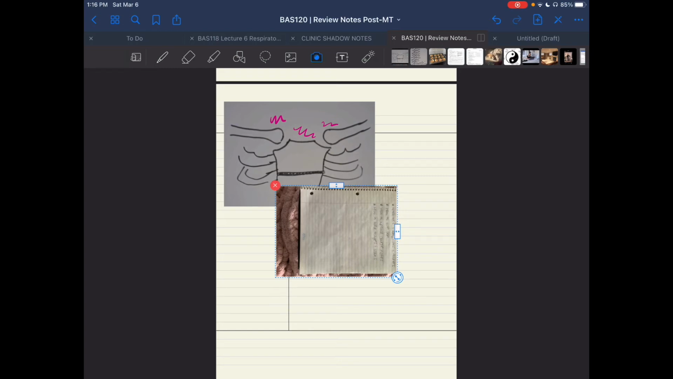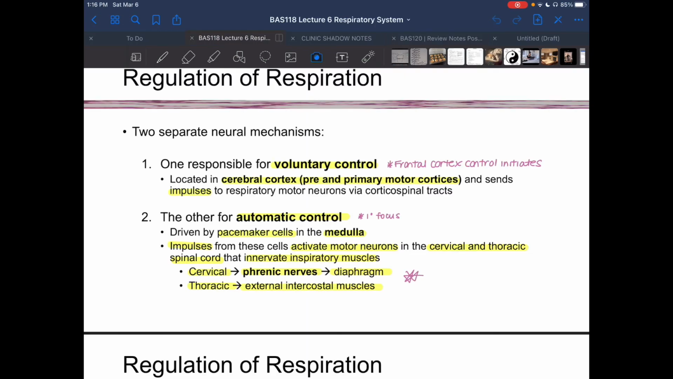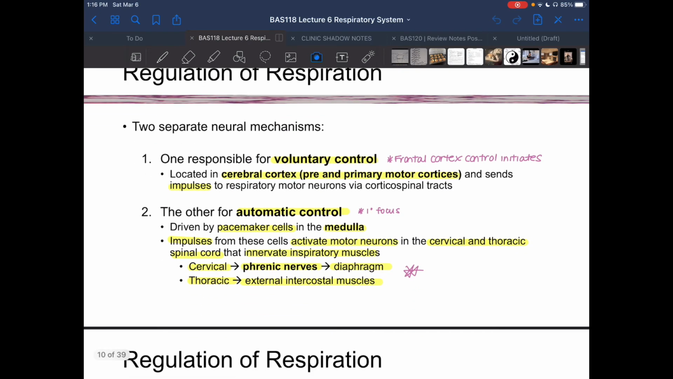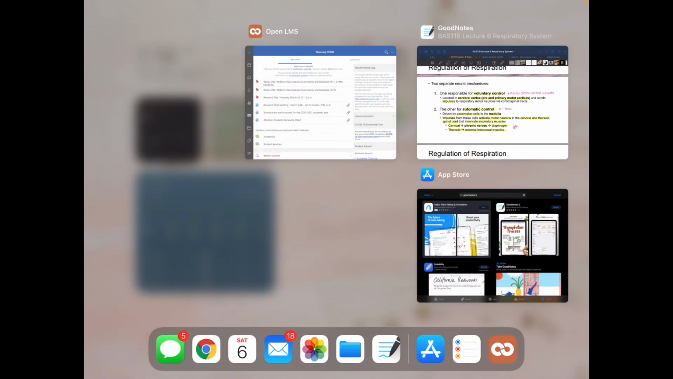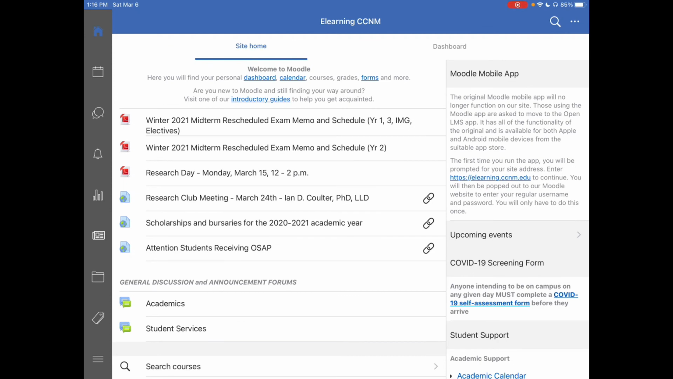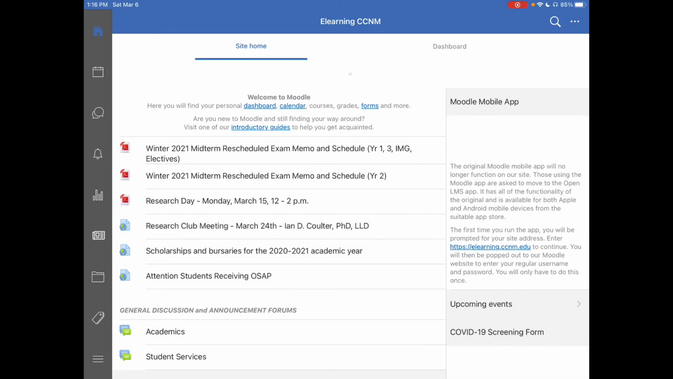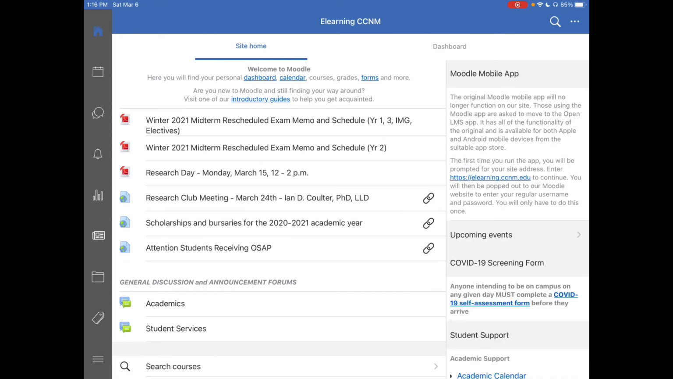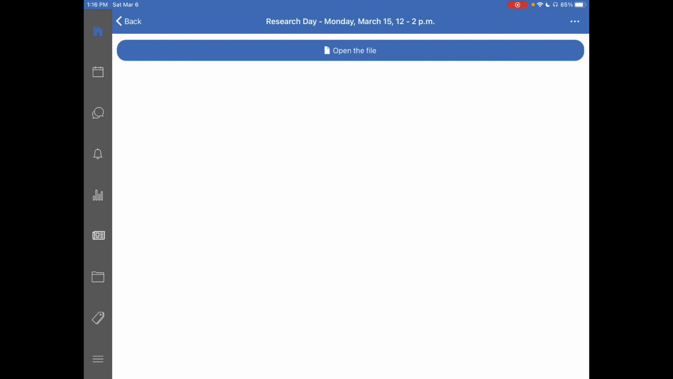And then another thing that I like to do is I like to open up my course notes right through here. So I'll show you, I have, for example, the Phys notes open right here, and I like to have the slides there and follow along on my computer while she's talking there. So I'll just show you, I have this app, it's the Open LMS app. It's a good app to access the Moodle platform. So, for example, I'll click Research Day. Let's click in there, open the file,